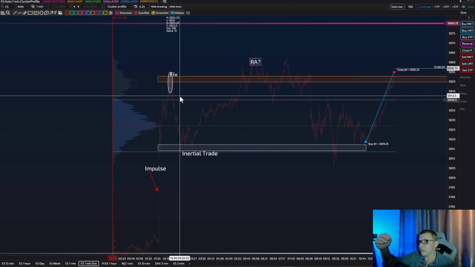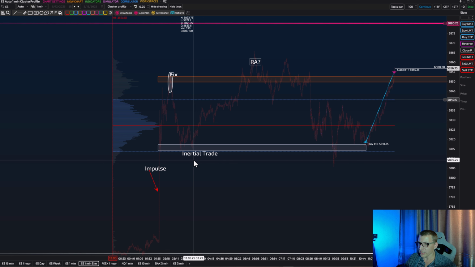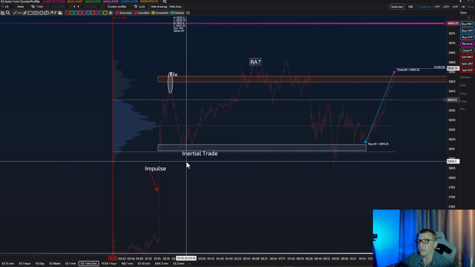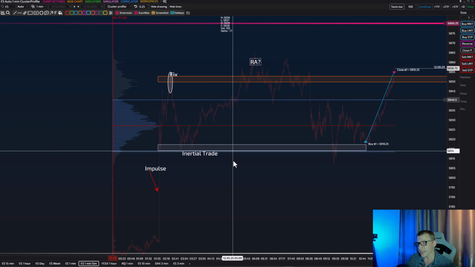During the fix, institutional traders close their positions partially. Then we see an inertial trade, which is the trade that is taken in the same direction of the previous movement. We don't trade an inertial trade this time because it happened at an inappropriate time during the pre-market session, and we don't trade the pre-market session. The next step, and this is the end of the first segment of the balance.